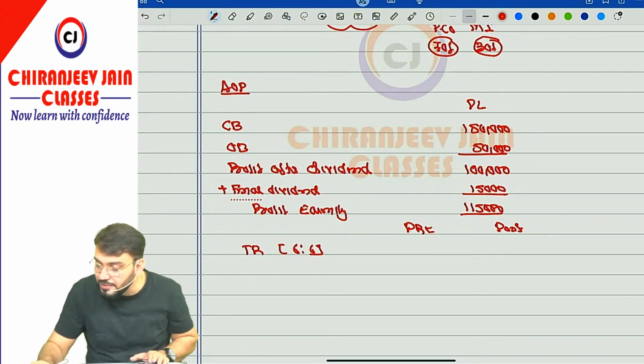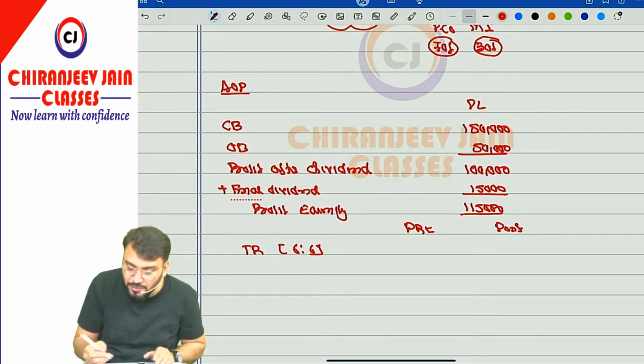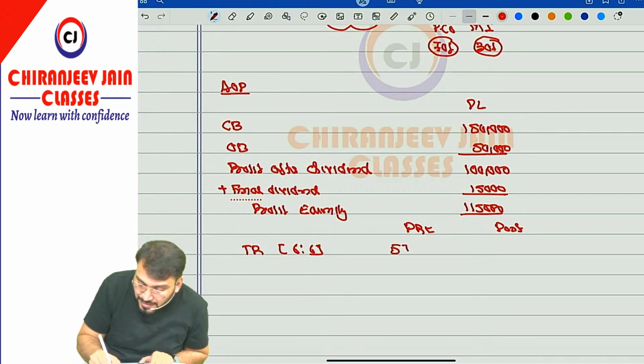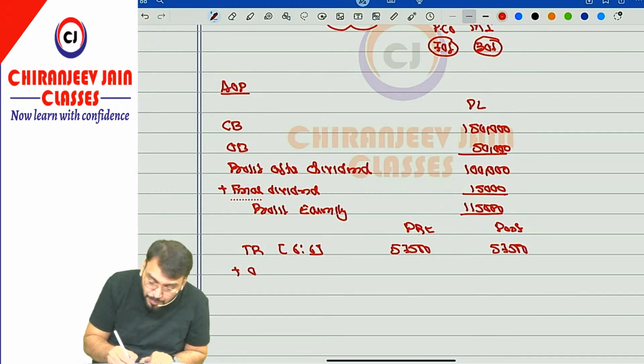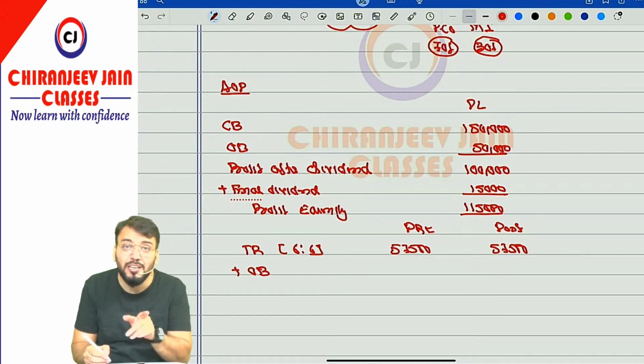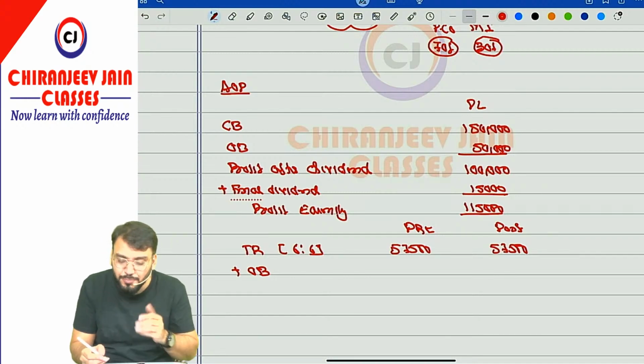So 1,15,000 divide by 2, that is 57,500 and 57,500. Understood? In this we'll add opening balance. Tell me, we'll add opening balance in pre or post? Of course in pre. So